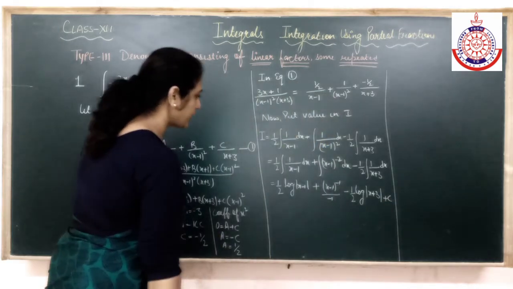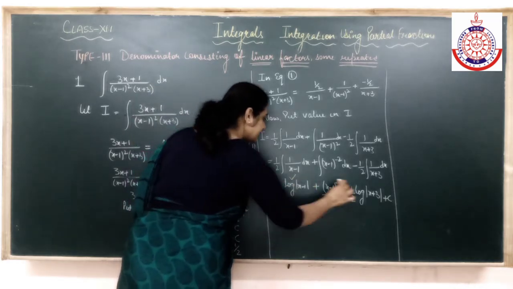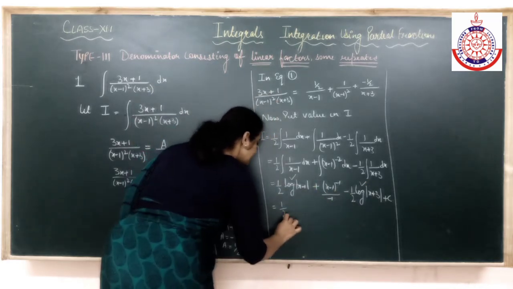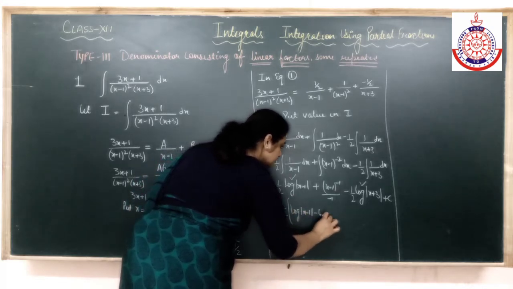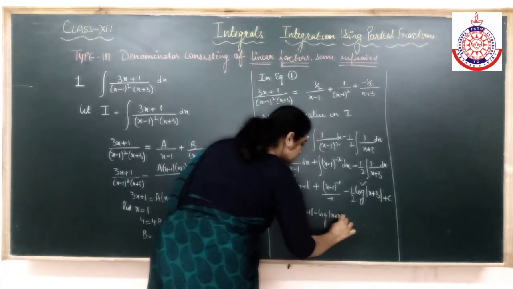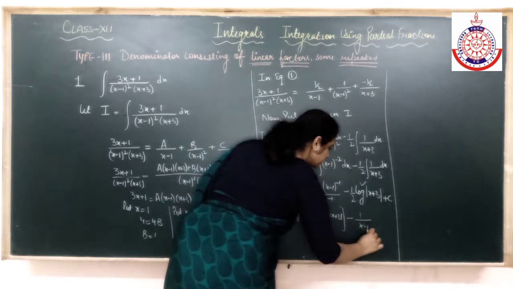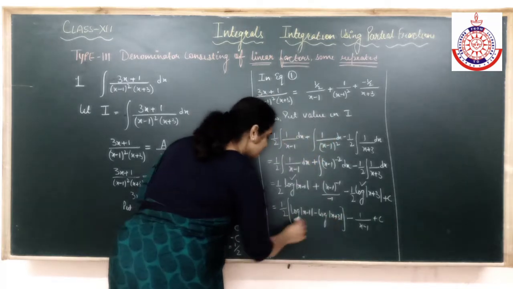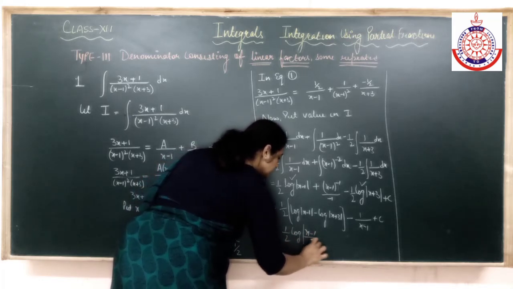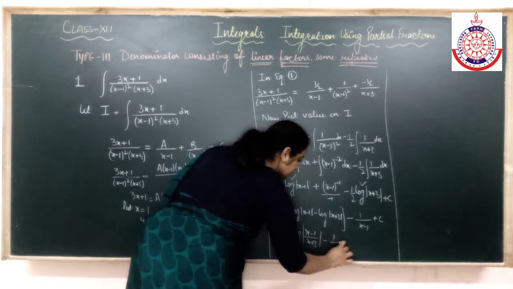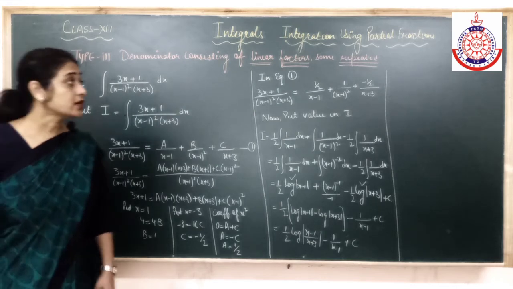Just systematically you can arrange. See, a little more simplification if you want, we can do it. Say both of these two terms are 1 by 2, 1 by 2 I can take common. Write it in the proper form, Mohan. This will come down. If you want to apply the log m minus log n rule, that also we can do. This is how we have to go about the question.